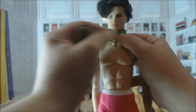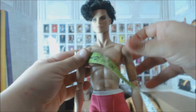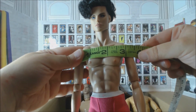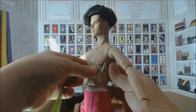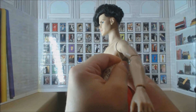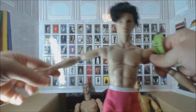To go shoulder to shoulder is just under 3.5. To measure him under his breastbone, it is 5.5. He has the shoulder joints, he has elbow joints, he has a wrist joint, and these hands do come out. And if you check my other review,